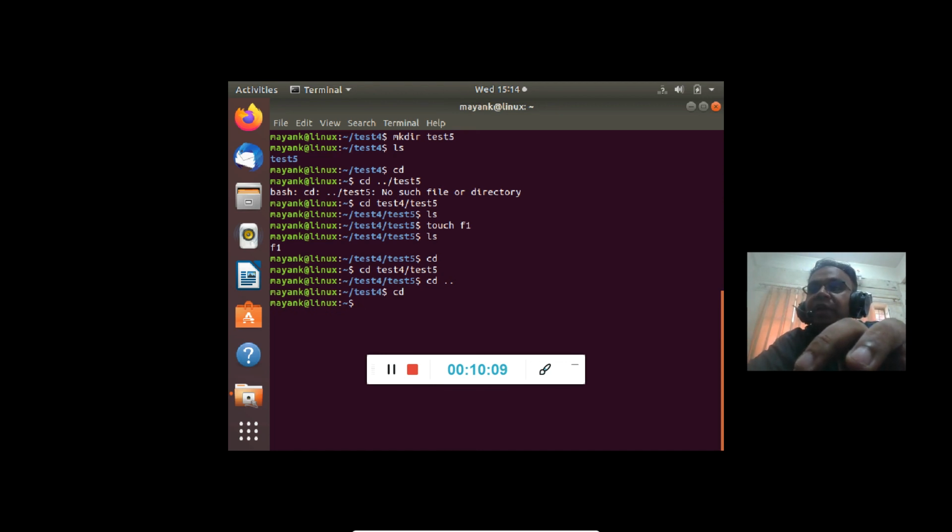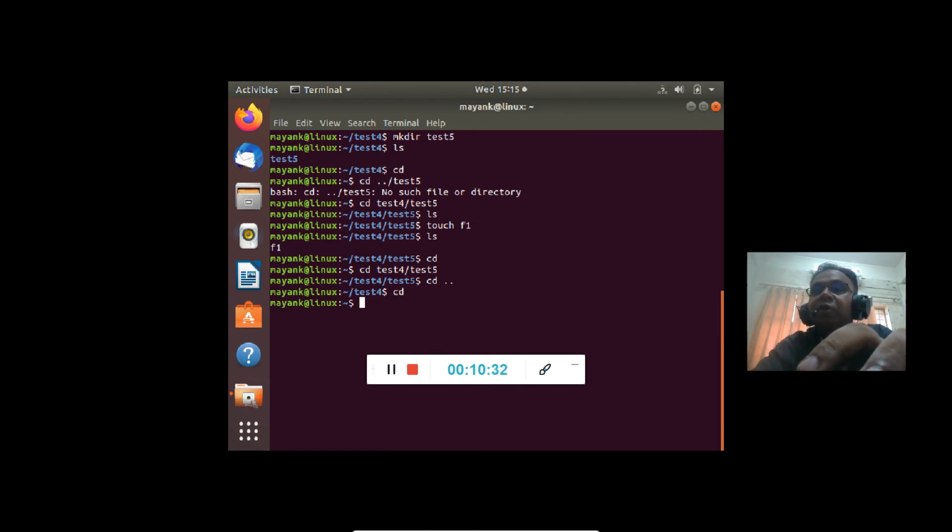So what I mean to say is that in Linux, at any point you want to return to your user directory, you just simply write cd. I used the wrong term earlier: the present working directory is not what cd goes to. If you want to go to your home directory, you just write cd. Otherwise you have to give a path.